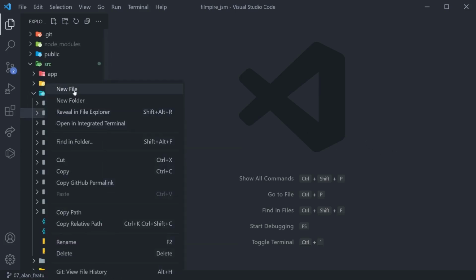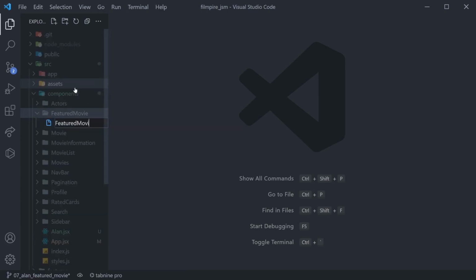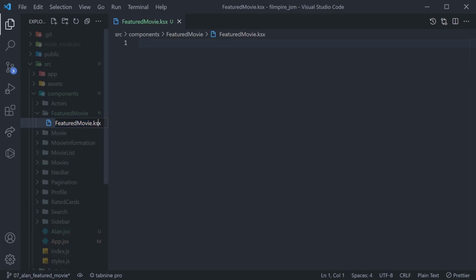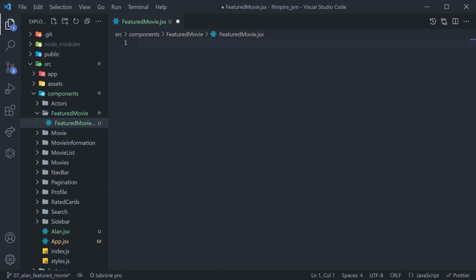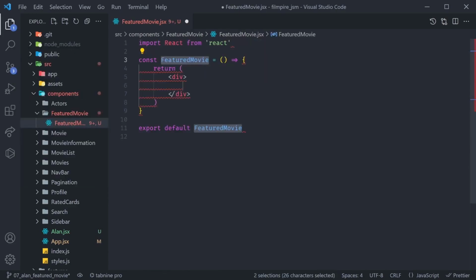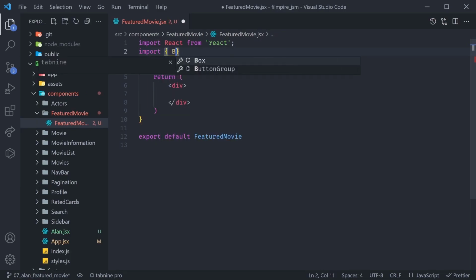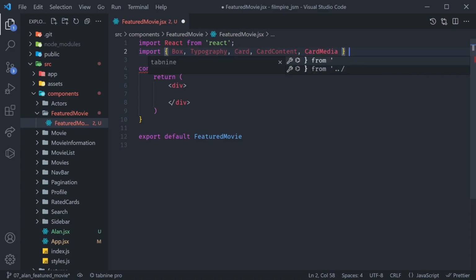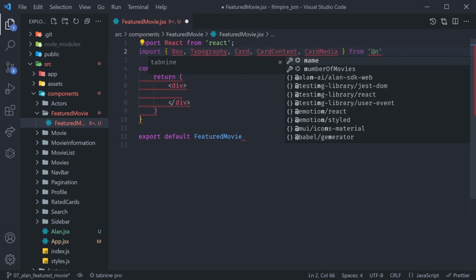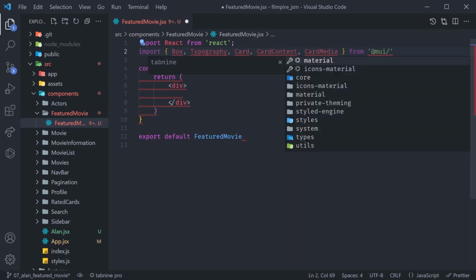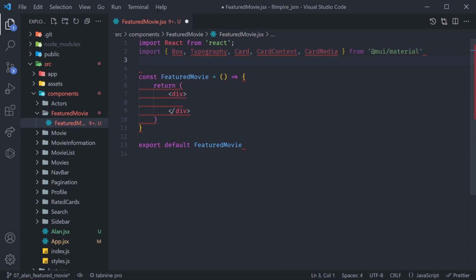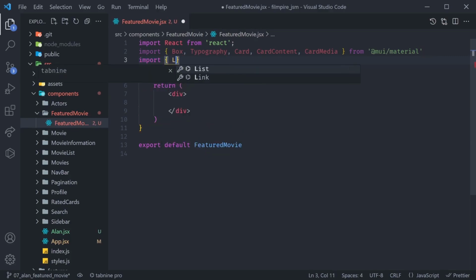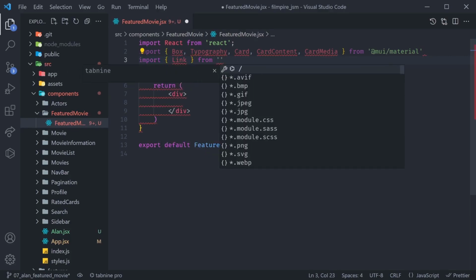Inside of there, we're going to have a featured movie.jsx component. This was supposed to be .jsx, of course, and we're going to have an RAFCE component inside of there. While we're here, we can import a few things like box, typography, card content, and also card media. All of these things are coming from @MUI/material. And we're going to need just one more thing, which is going to be import link. And this is coming from